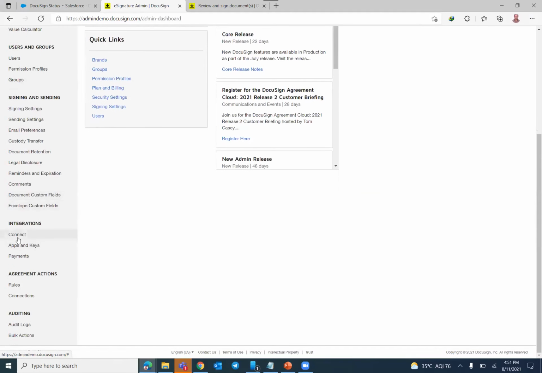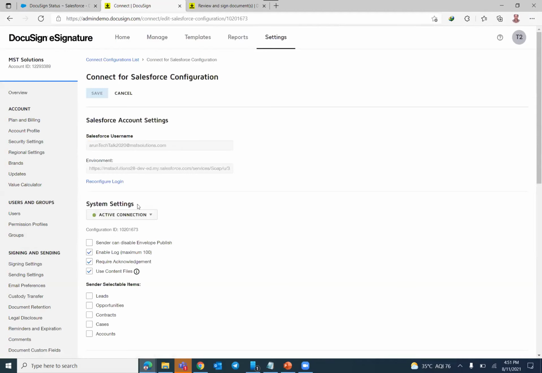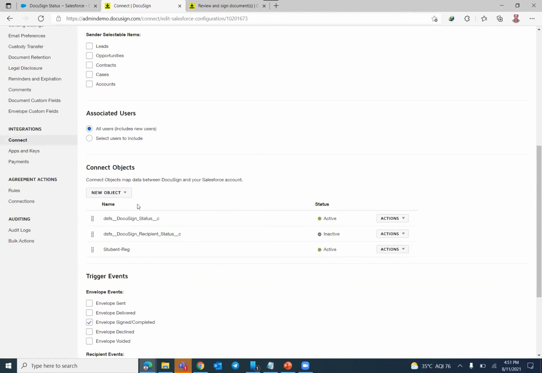Under that, we have an option called Connect. We have already connected our DocuSign with Salesforce, so go with Salesforce. Here we have an option called Connect Object. By default, no objects will be connected. So for now, we will focus on the DocuSign Status object.